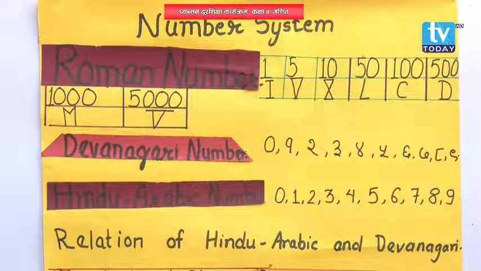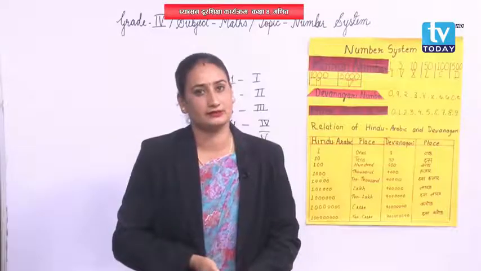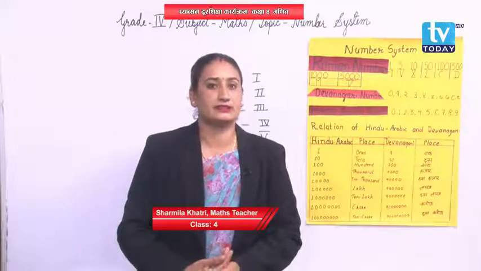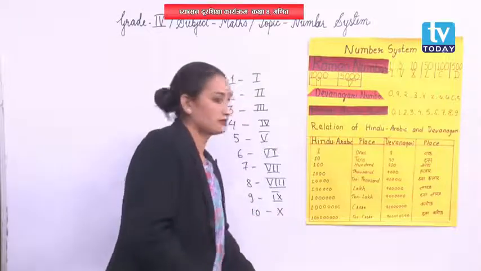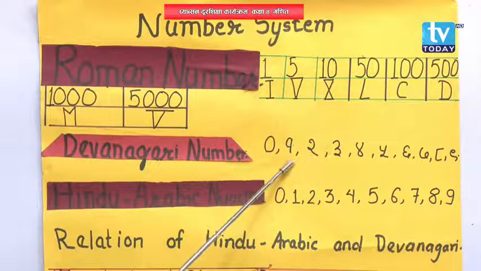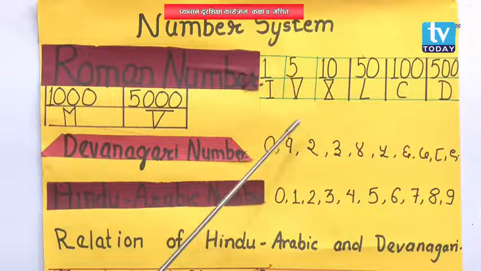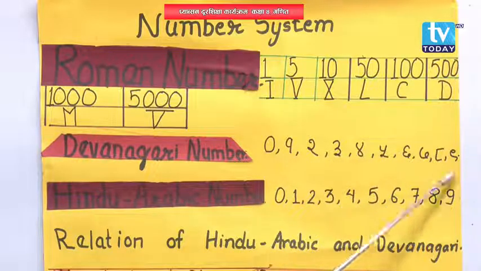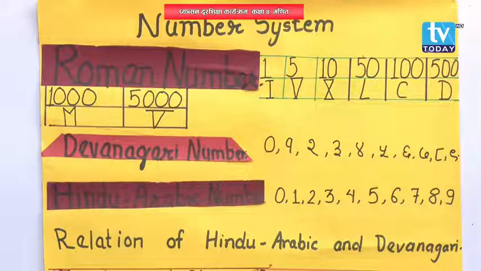Next, we are going to write our national numbers, the Devanagari numbers, writing in Nepali. I think you all are able to write in Nepali, right? What are the Nepali numbers? We can say Devanagari numbers. So, 0, 1, 2, 3, 4, 5, 6, 7, 8, 9. If you write like this, then we call it a Devanagari number. Do you understand? I hope you can do it well.